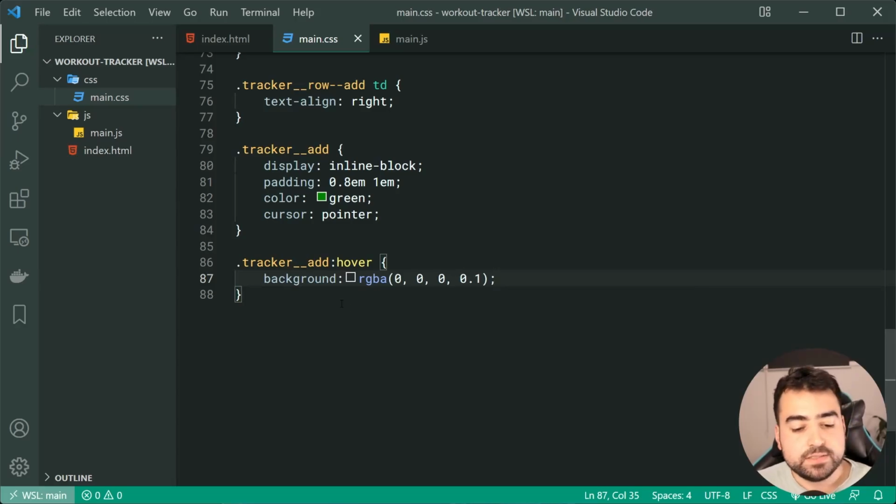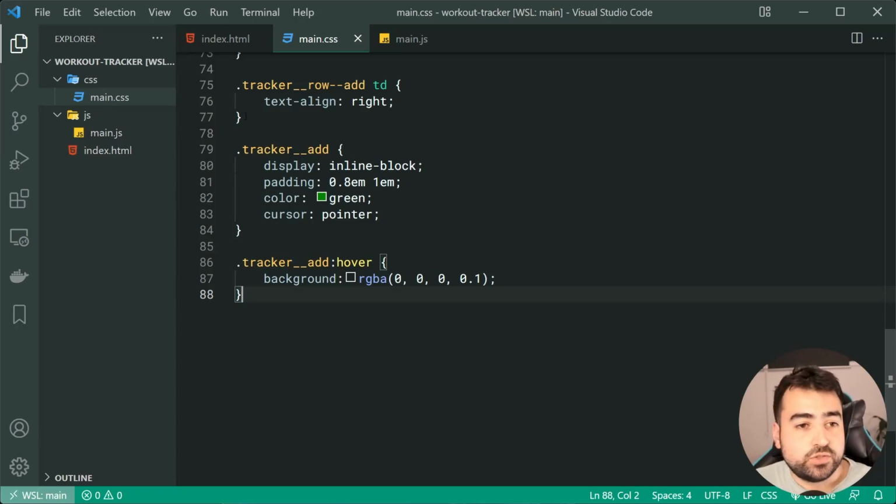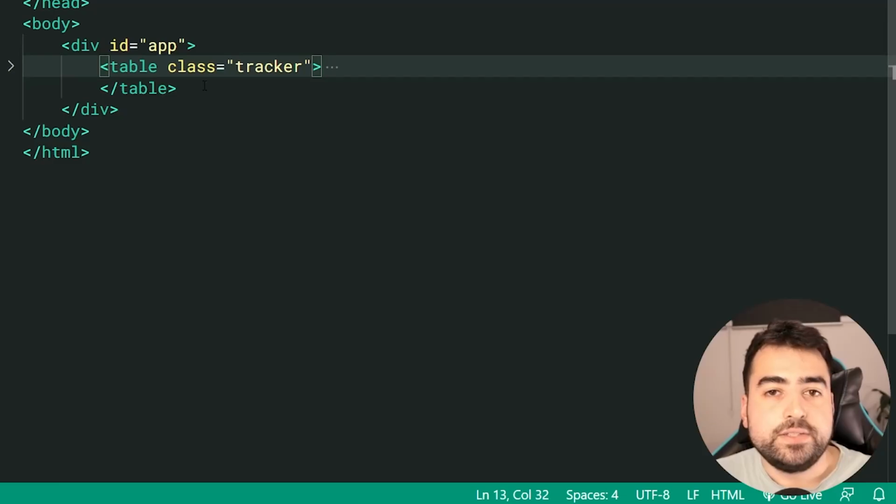Save this, go back in the browser, refresh, and now we get this right here for our CSS. So we are done with the HTML and the CSS. We can now begin on the JavaScript and of course do the job of moving all of this HTML right here into